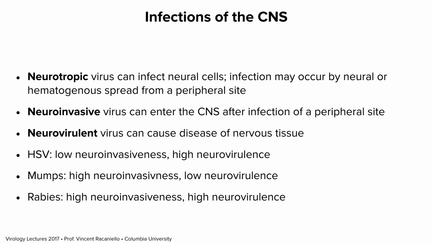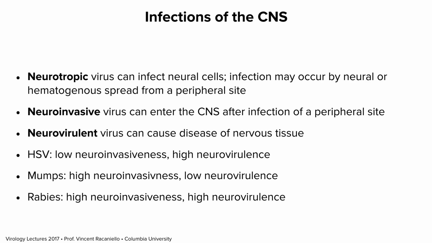A neuroinvasive virus can enter the CNS when you inoculate it peripherally. So if you put a virus in the footpad of a mouse and it ends up in the brain, that is a neuroinvasive virus. Now, we're not saying that it's neurovirulent. We're not making any implications about the ability of the virus to replicate in the brain. It just gets there. Neurovirulent viruses cause disease. Again, no implication of whether it's neuroinvasive, but assuming it's neurotropic, because if it can cause disease, it's probably replicating in nerve cells.